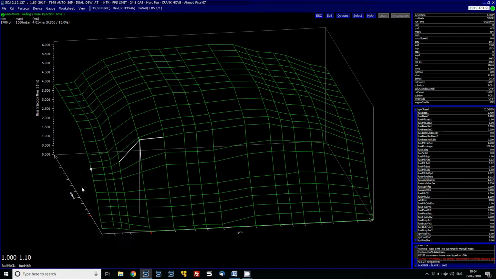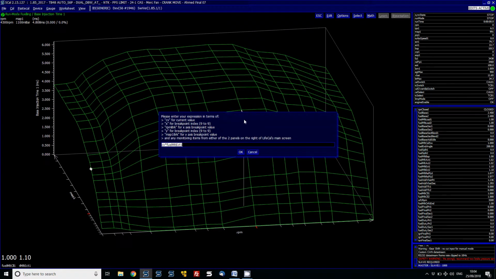So let's go yes, and you can see what it's done here is it's just added 10% to this cell, and you can see that in the top left here where it says 10%. That's the delta change on that particular cell. So I can then go to another cell, click here, and now just press F10 and it will apply the same function. Now if I press U to undo that,